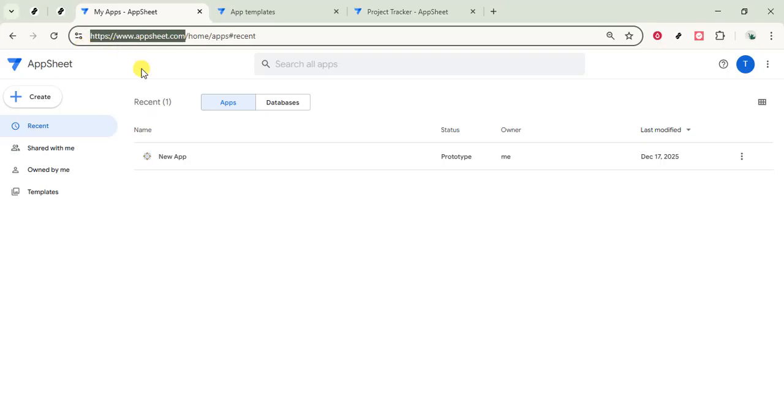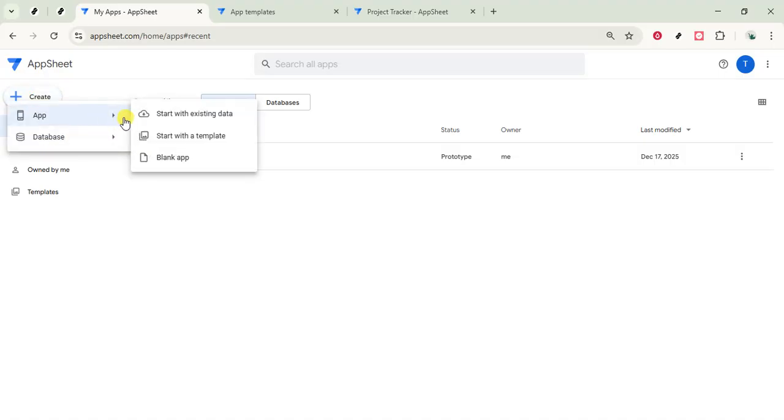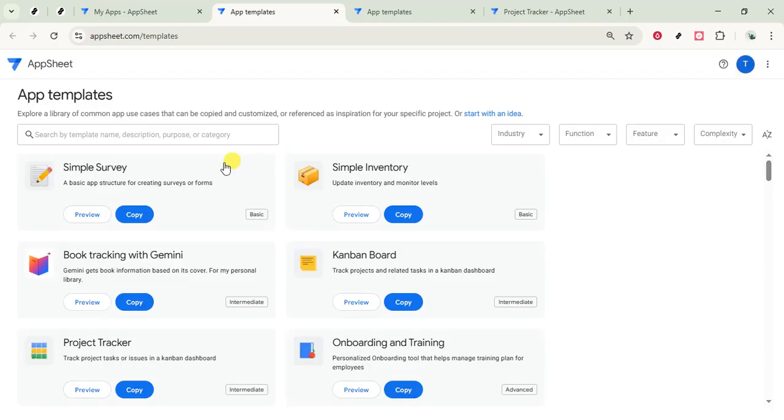Begin by heading to appsheet.com. On the top right, click Create, then choose App. When AppSheet asks how you want to begin, select Start with Template. This route gives you a working foundation right away so you can focus on securing access rather than building every